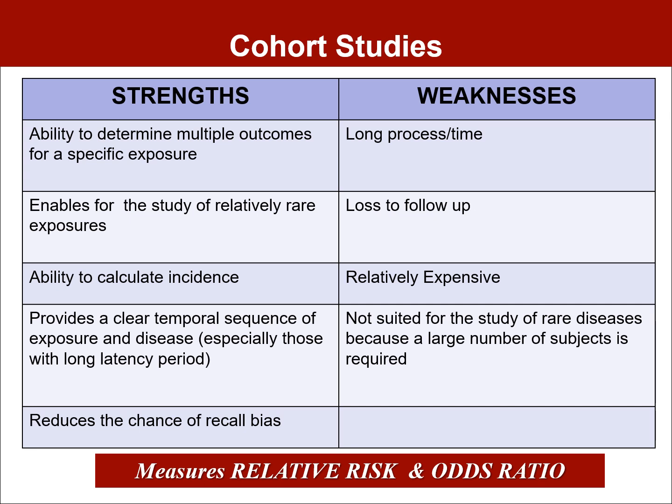So think about all of this when you're designing your study to know which of the study designs would be feasible. And of course, like I stated earlier, cohort studies are not suitable for rare diseases because you need a large number of subjects to study. So that's why a case control will be most appropriate for that